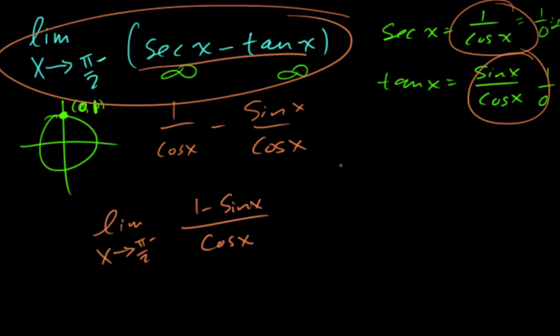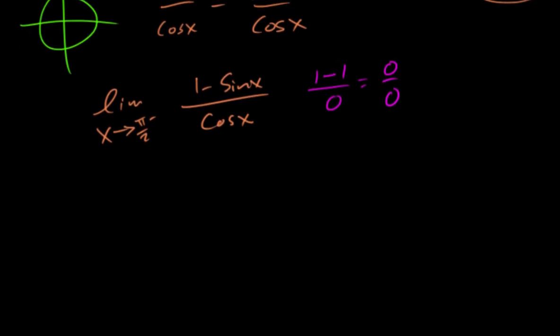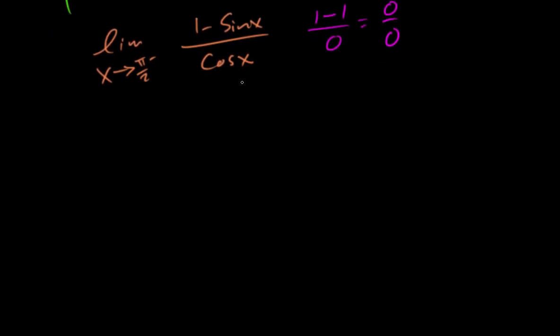Now if we plug it in, we're going to get 1 minus 1 over 0, and so that's going to be 0 over 0 indeterminate form. And so what we need to do is use L'Hopital's rule and take the derivative of the top and the derivative of the bottom. So the derivative of the top,